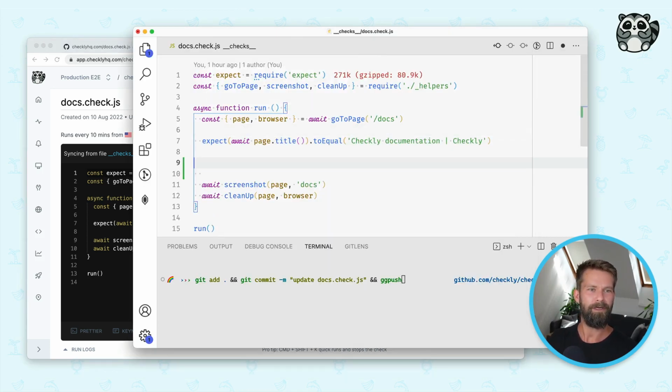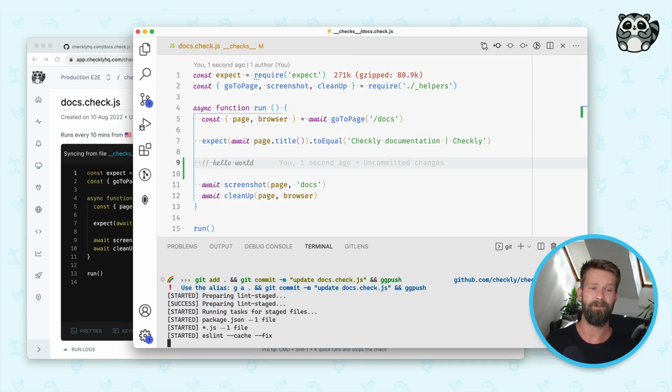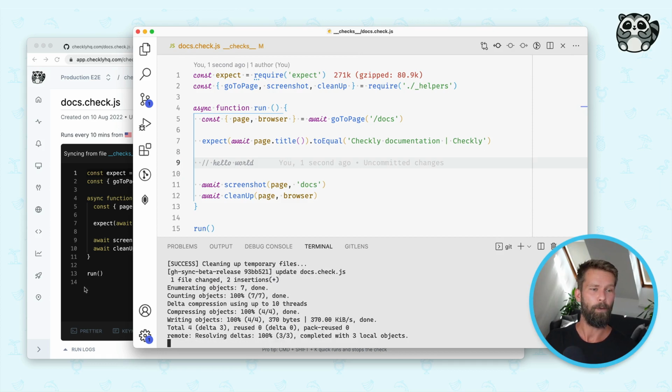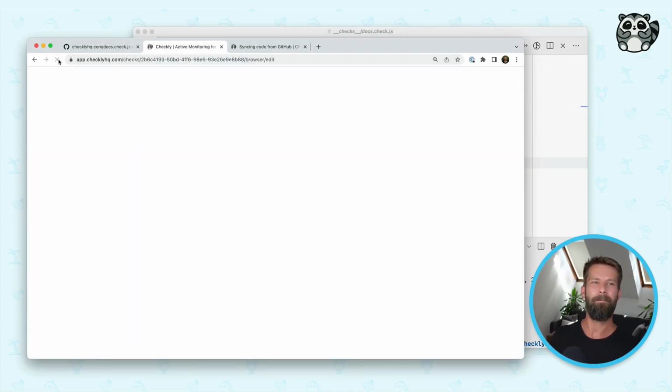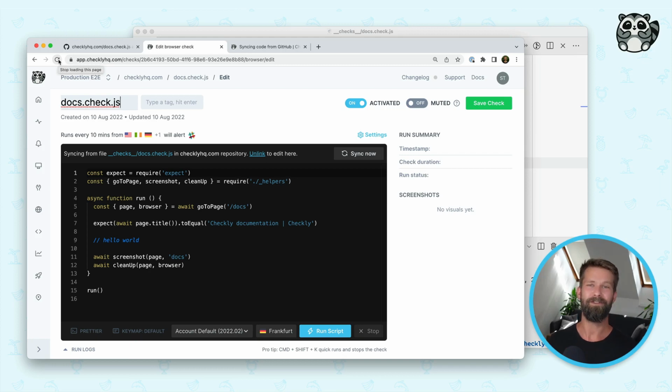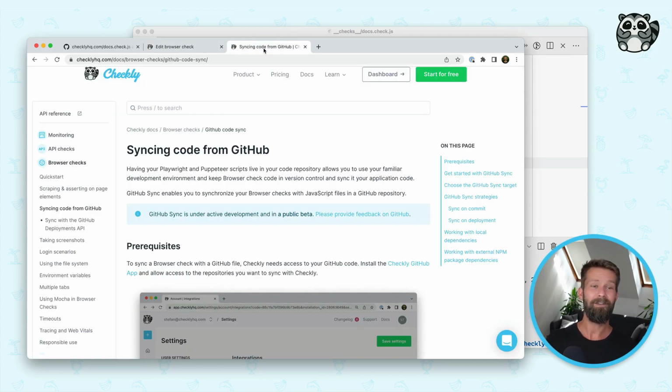So when we now go here and add a little hello world here, and let me add it, commit it, and push it to this branch that we just selected, we can now refresh the browser check here, and Checkly automatically picks up the new code so that you can now sync your browser checks and put them into version control. If you want to learn more, there's a new section in the docs that's called Syncing Code from GitHub,